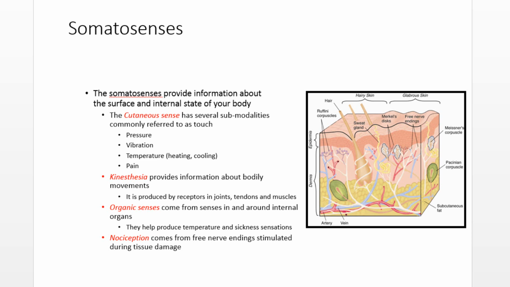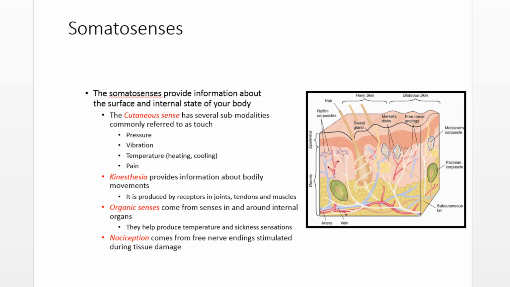Your organic senses come from experiences inside and around your internal organs, but those could involve pressure, vibration, temperature, and pain, depending upon what's actually inside of you. So the same receptors on the outer surface of your body are called cutaneous, but if they're on the inside and you feel pressure from your abdomen due to excessive gas, then it's called an organic sense. What's really different about it? Nothing. The location you're at. That's it. That's again more of the willy-nilly category system that has been developed for sensation.